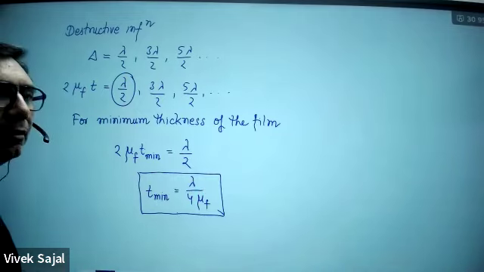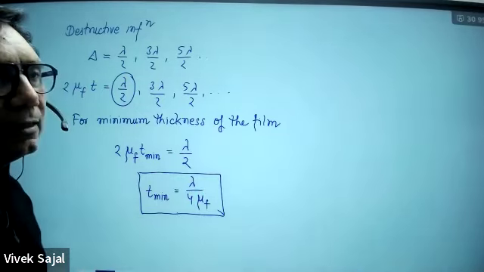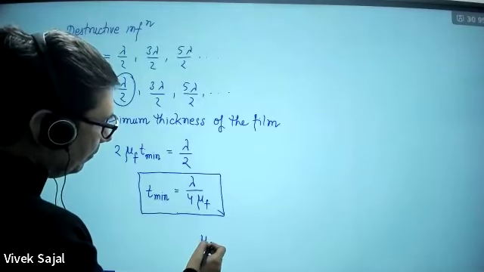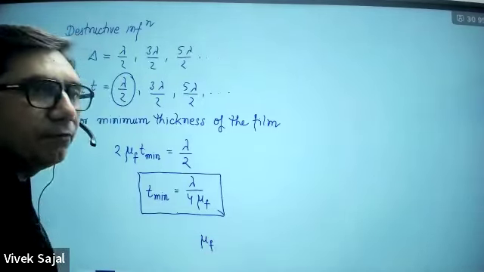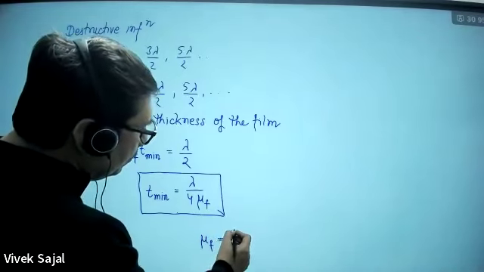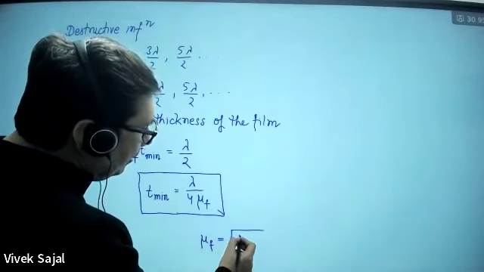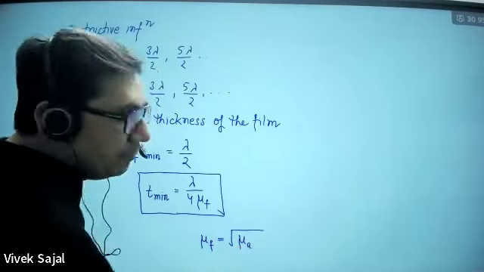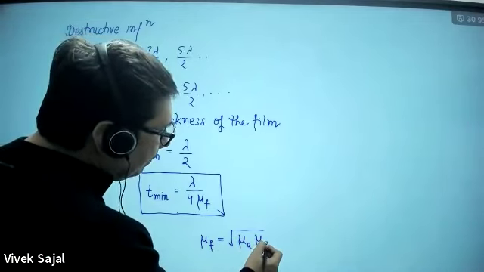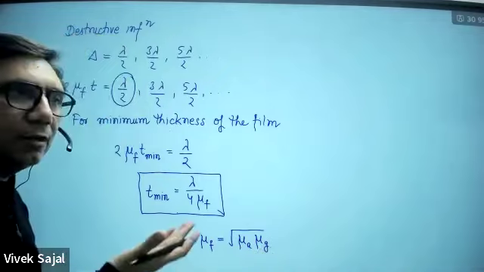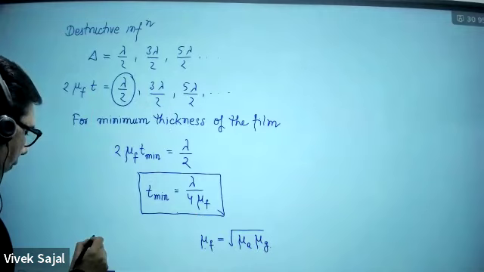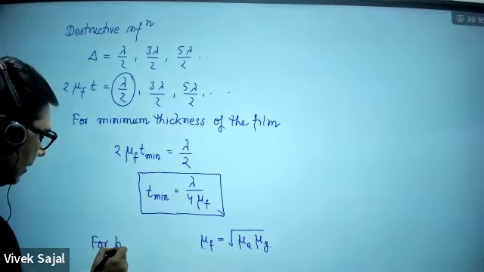ठीक है? This formula you have to remember. If you do further calculations, then you will find out that this mu f, refractive index of the film, should be equal to the geometrical mean of the first medium, that is air, refractive index of the air, and refractive index of the substrate on which you are depositing this film. So for best result,